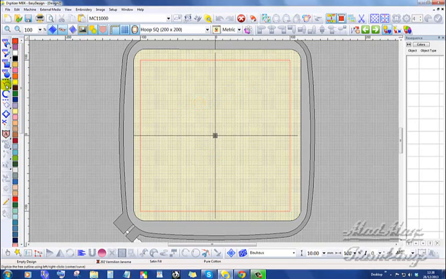Let me just show you. If I make a line and I enter that, that's my first thread trail. That's the jump from the center of the hoop to the first stitch. There you have a little circle, and that marks the point where the tie stitches are made for the start of this line. Now if I then go and use a different tool, and I'll do it down here,